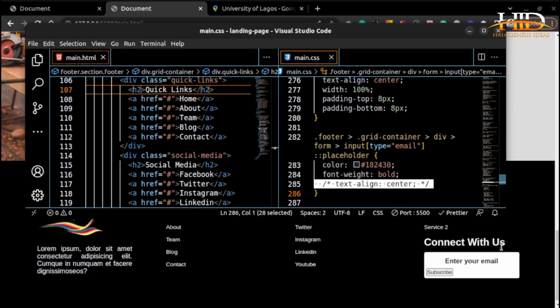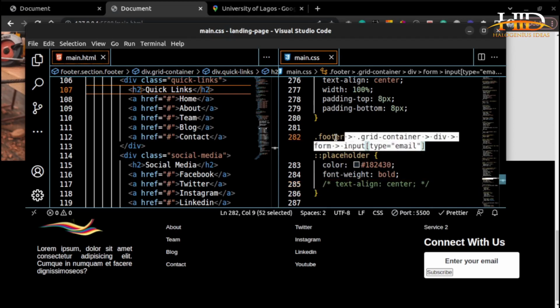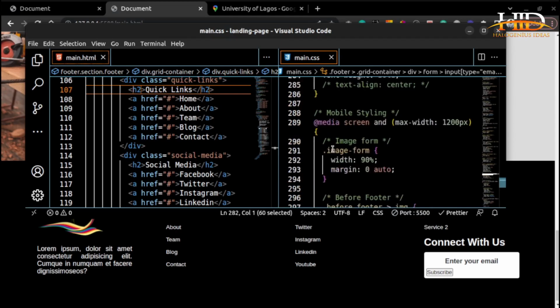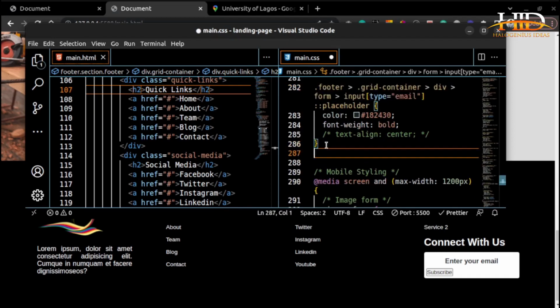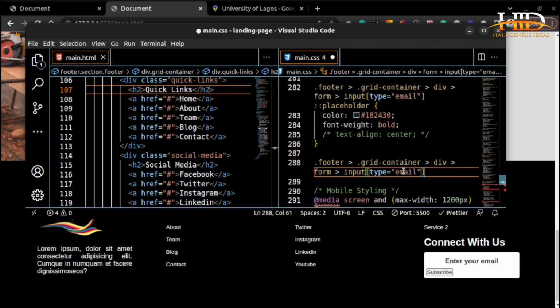Now we want to work on the submit button. That submit button that is there. So let me just copy the whole of this one, but the input type is going to be submit. Okay. So for this submit button,